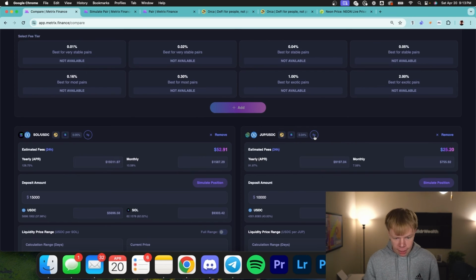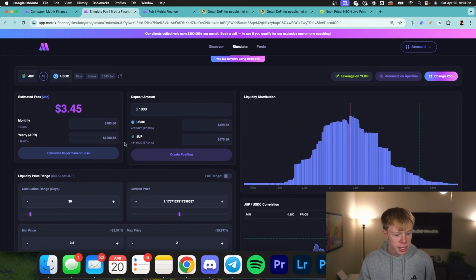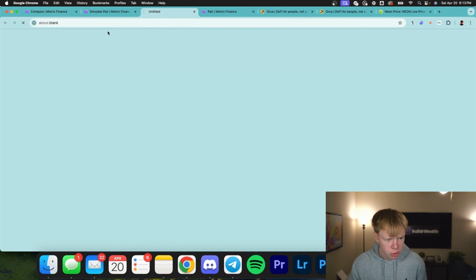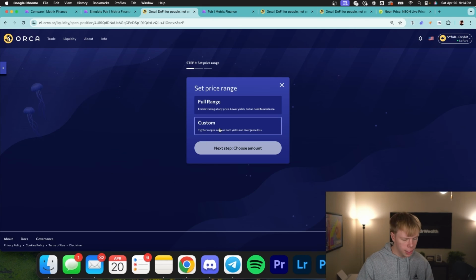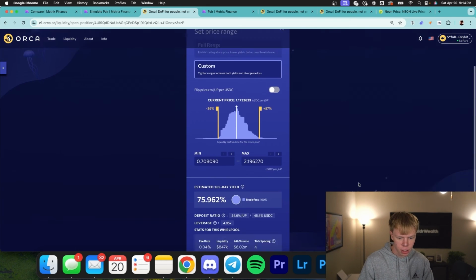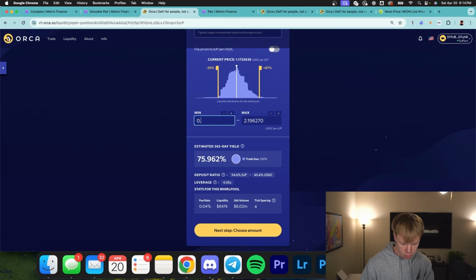So that's exactly how we would find the pools. And after I'm ready to deploy into a pool, what I would actually do is open up the simulation page, kind of like this. Just hit create position. It's going to take you right over to the platform to create that position. We're going to select the custom, obviously, for the pool, and then we're going to enter our range over here. So that's going to be 0.8 to 2, and that's actually going to show you the 24-hour but annualized yield,